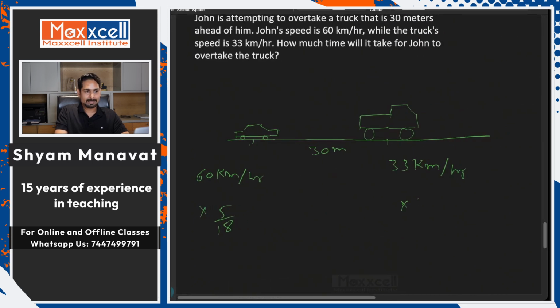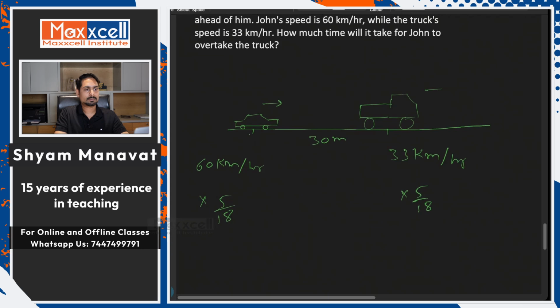If we multiply them first and then find the difference, because both of them are moving in the same direction, rather I will first do the subtraction to apply the relative speed. So I will say both of them are moving in the same direction. I will not write this sentence every time, that's just for the initial few questions, then I hope you will understand this. So the distance between them